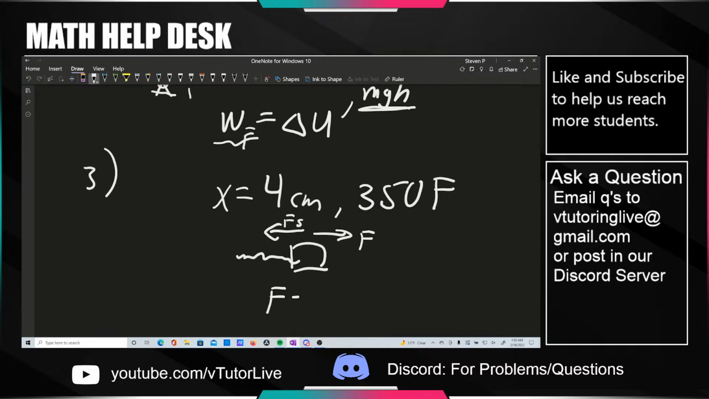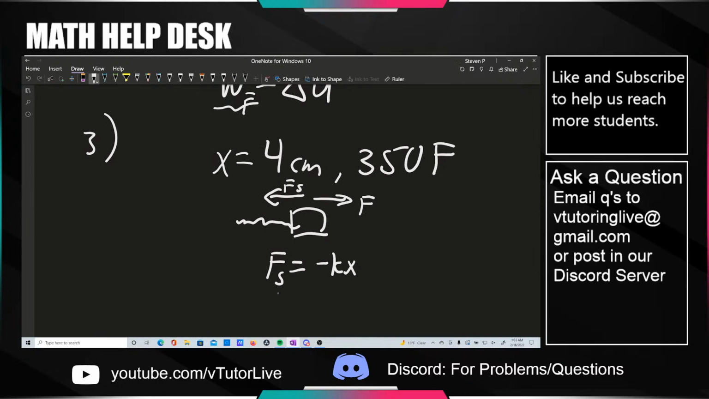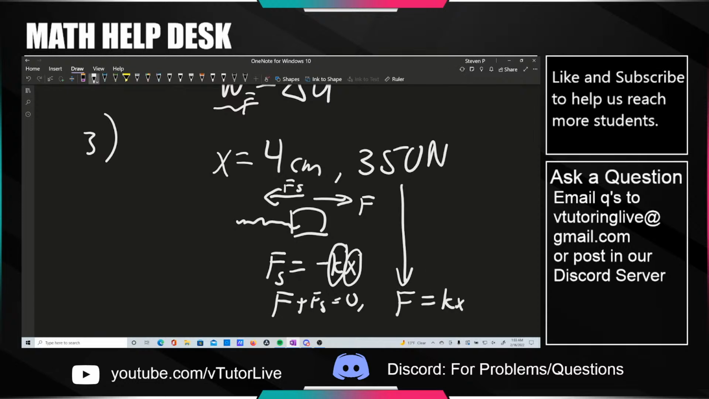So if F is equal to minus kx, if the force of the spring is equal to minus kx, and the fact that force applied plus force spring is equal to 0, that means you can figure out what k is because you know what x is, right? So basically it's going to say that this force right here, what did I call it? F in newtons, is going to be equal to kx,